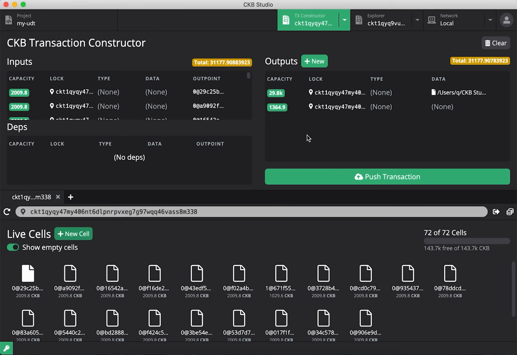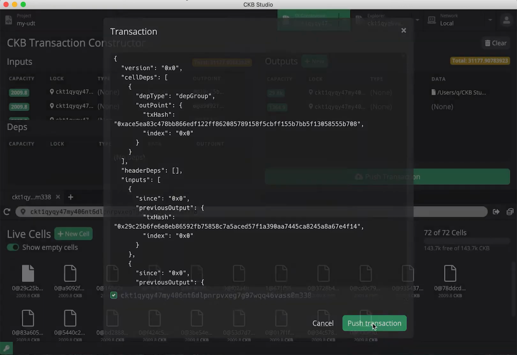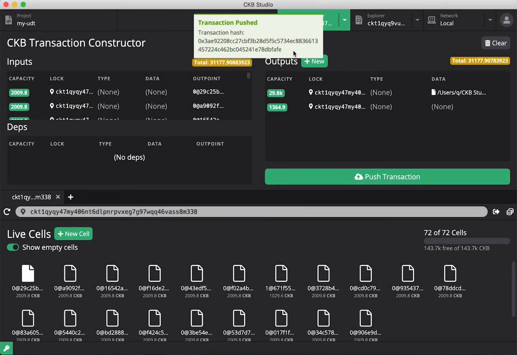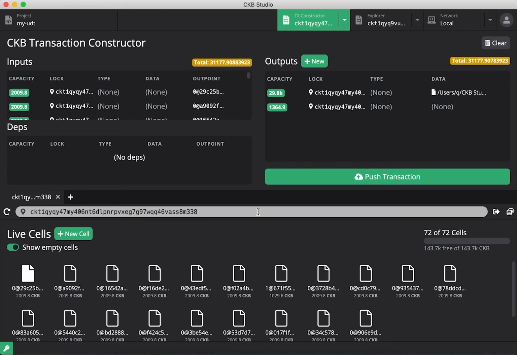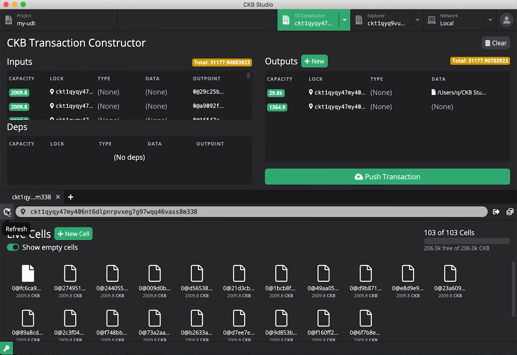And now the CKB Studio has constructed a transaction to fulfill our request about building a cell of 29.8K capacity to host our UDT project source code. And now we sign and push so that we can publish this onto our CKB network. So wait for 5 to 10 seconds for the process to be completed, and then you will figure out there